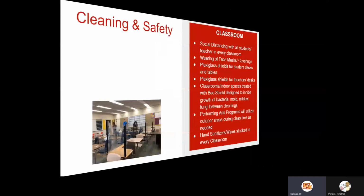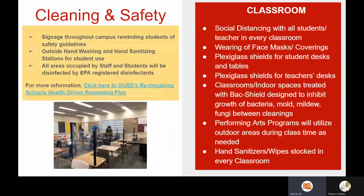Classroom cleaning and safety. Most of these safety precautions we are taking have already been shared. I do want to point out that all of our indoor spaces will be treated with Bacshield, which is designed to prevent growth of bacteria and mold, etc. And then between cleanings,